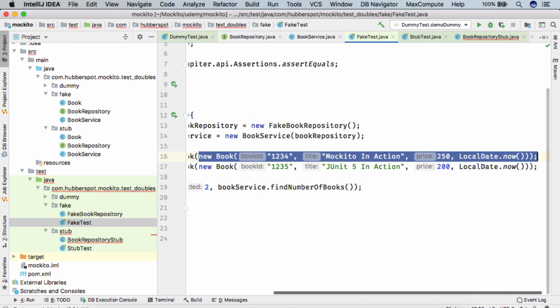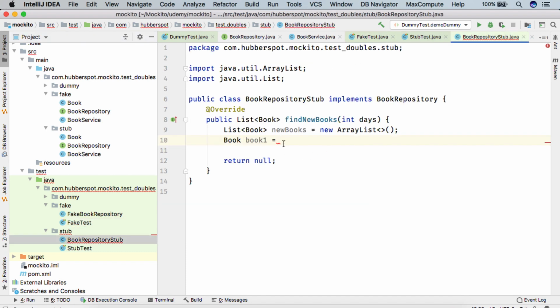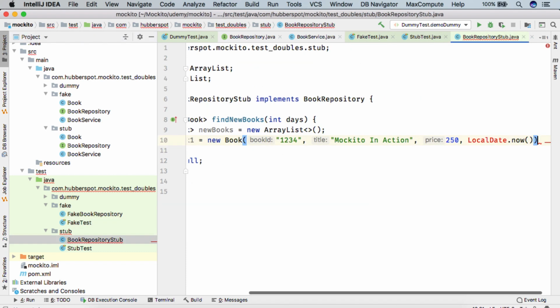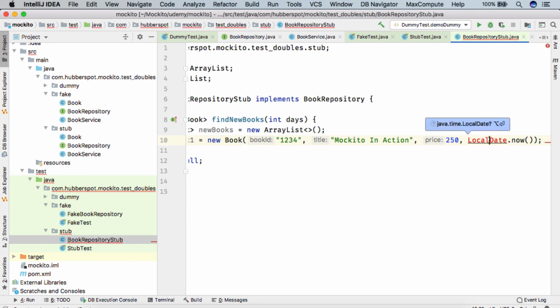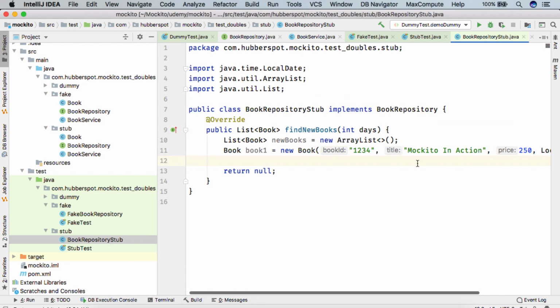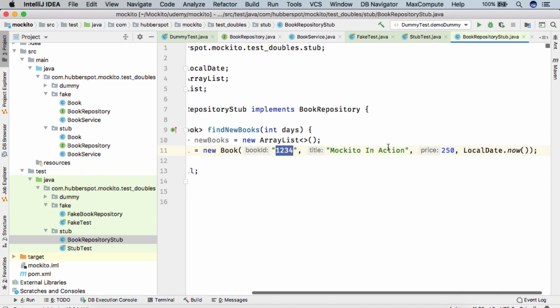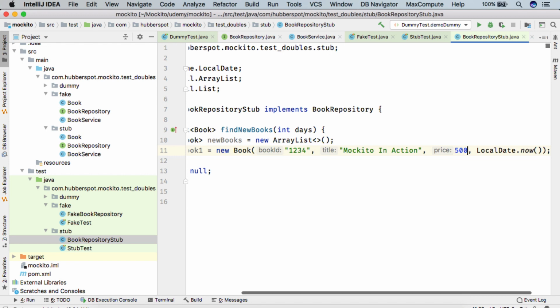So I'll simply copy this. So the book 1 has book ID 1234, the title is Mosquito in Action, and let's say we give price as 500. So the original price for this book is 500.